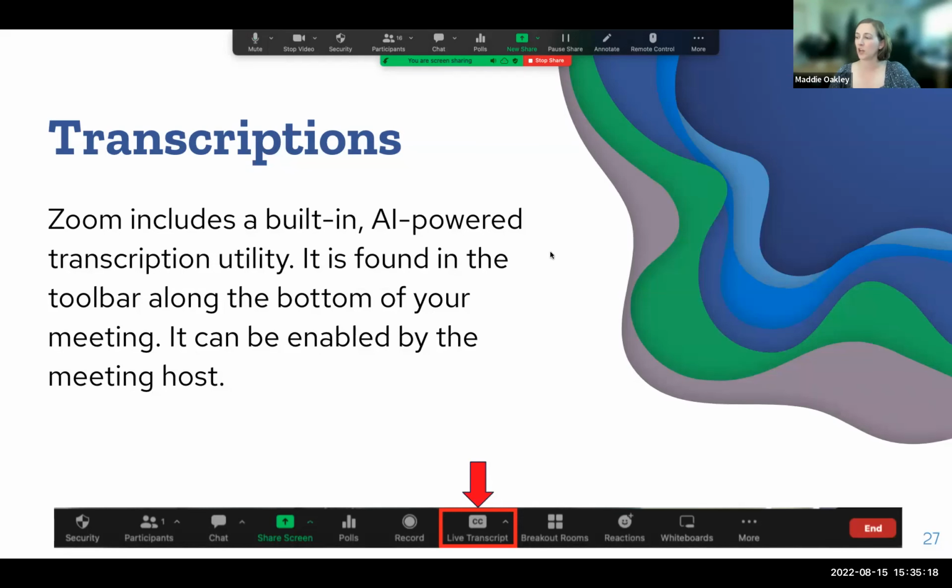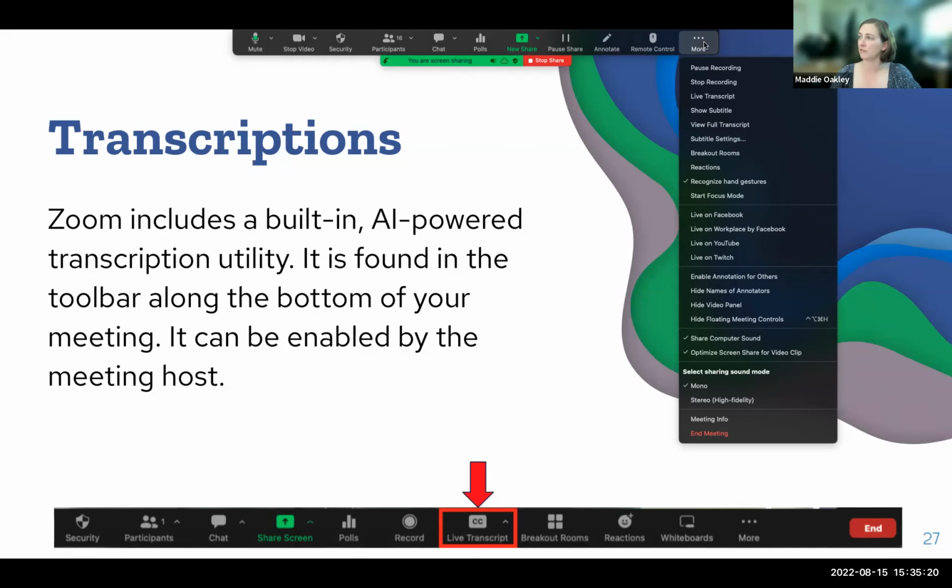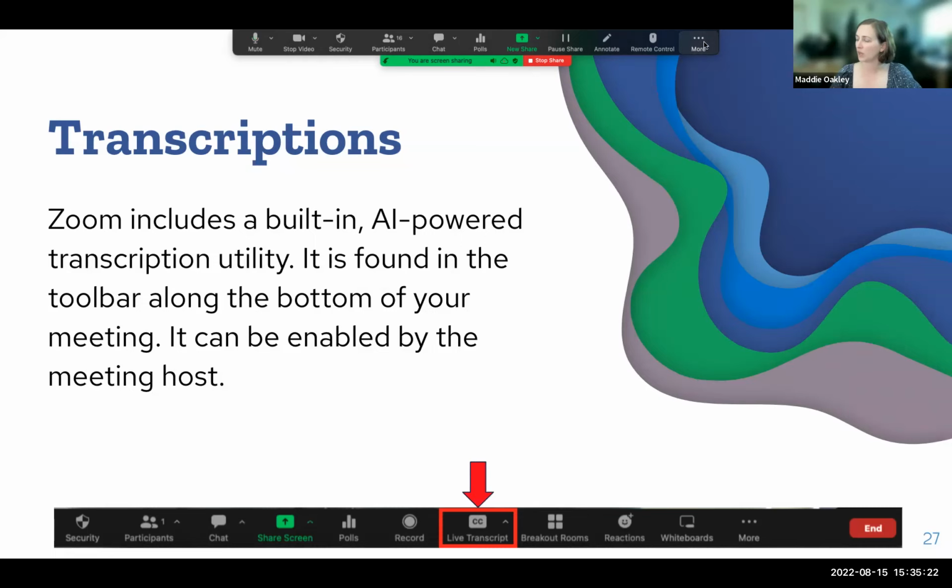Next, talking about transcriptions, the live transcription setting. This is a built-in AI-powered transcription utility, and it's in the toolbar along the bottom of your meeting, and you can enable it. It then also gives participants the choice to turn on or off the viewing of those transcriptions, which is a nice accessibility feature.